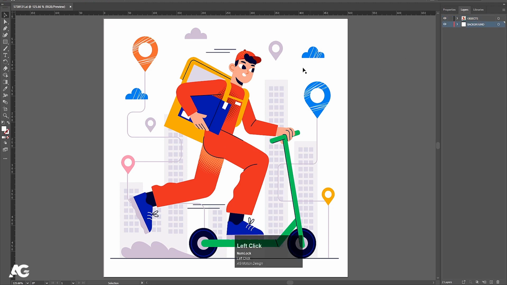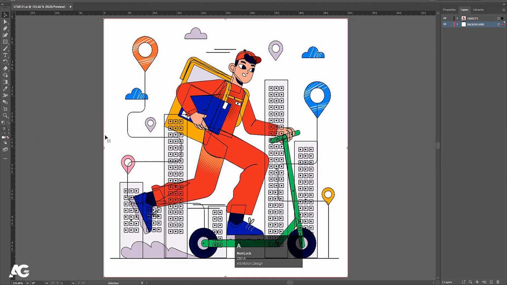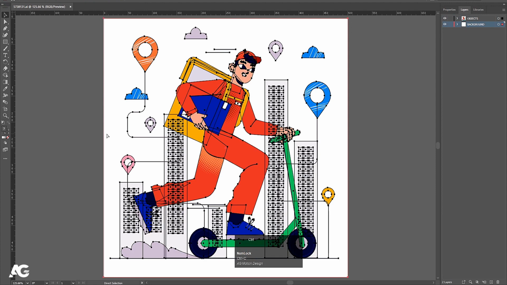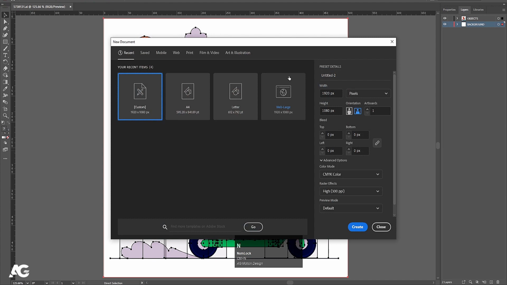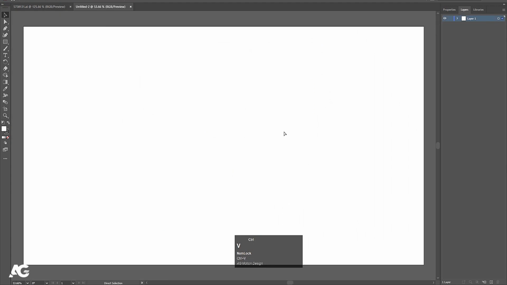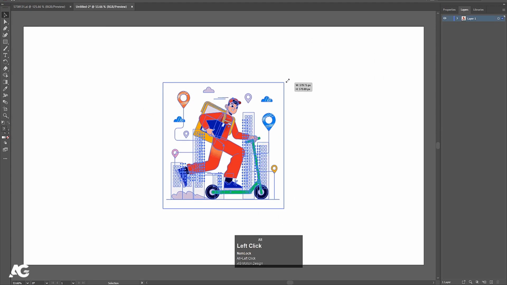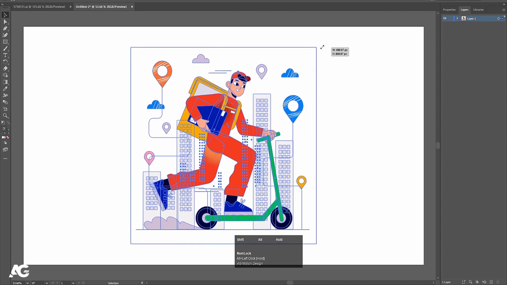Now let's hit Ctrl A to select all of these elements, and now I'm gonna hit Ctrl C to copy them. Then I'll press Ctrl N on my keyboard to create another file. I'll name it as untitled 2 only, and width is 1920, height is 180, and RGB mode I'm going to choose and simply hit create. Then press Ctrl V to paste it, and by holding Alt Shift I'm gonna increase the size of it somewhere